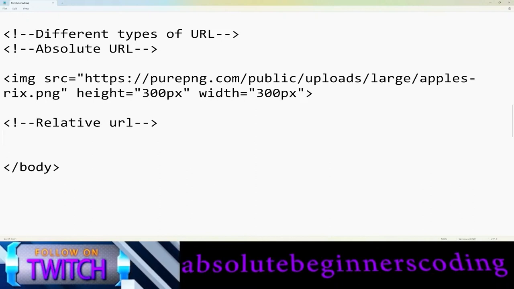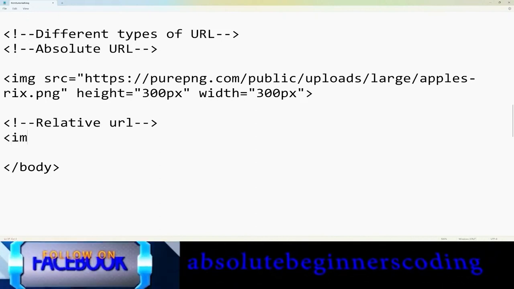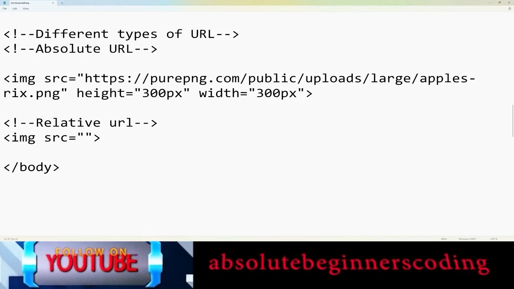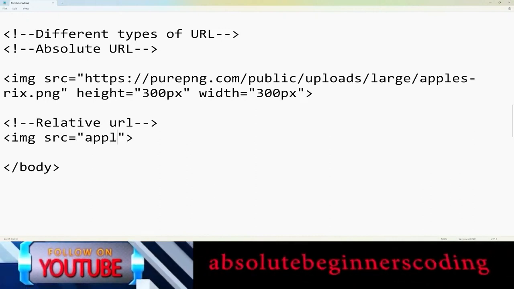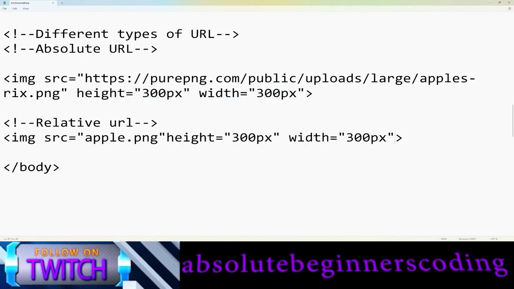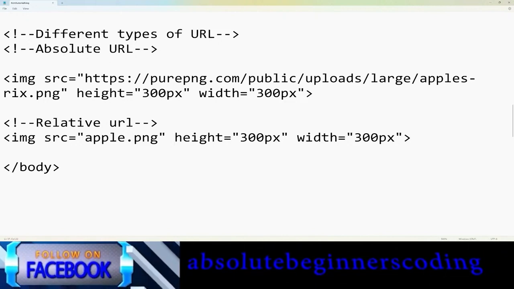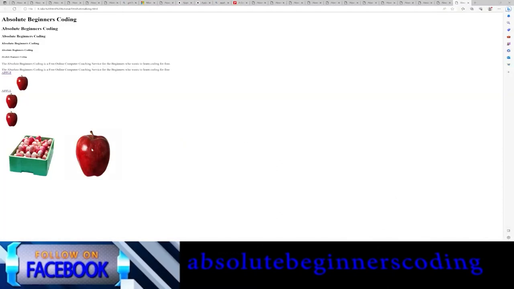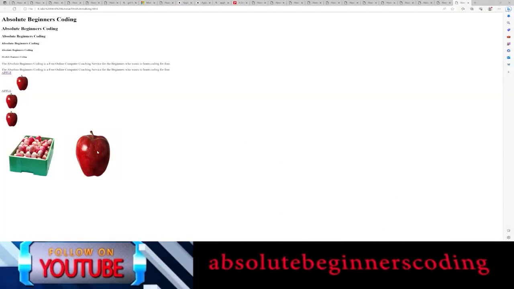So we have seen the example, right? So let's say image, and the source will be our image which we are using from our local drive, like the Apple. And let's change the height and width. Okay, so this is the relative URL. We are using it from our local drive, right? That's a relative URL. Now this Apple is in our storage device, so this is a relative URL,